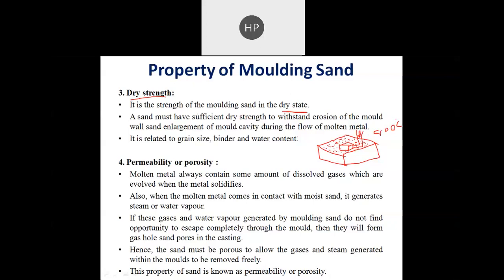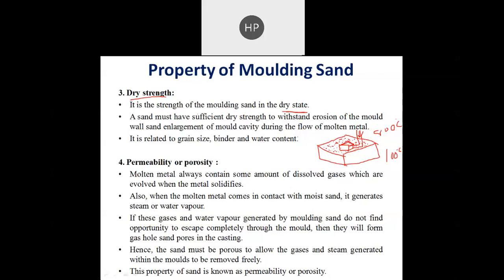Now in that case we know that the boiling point of water is only 100 degrees Celsius. So when this molten metal pours inside the hollow cavity,